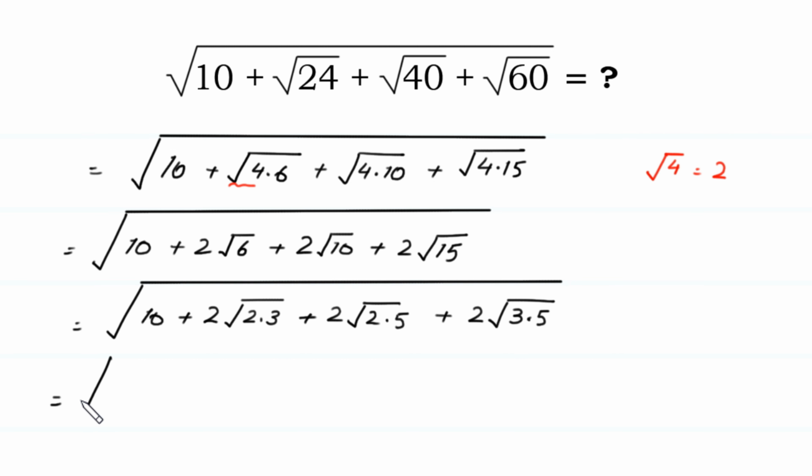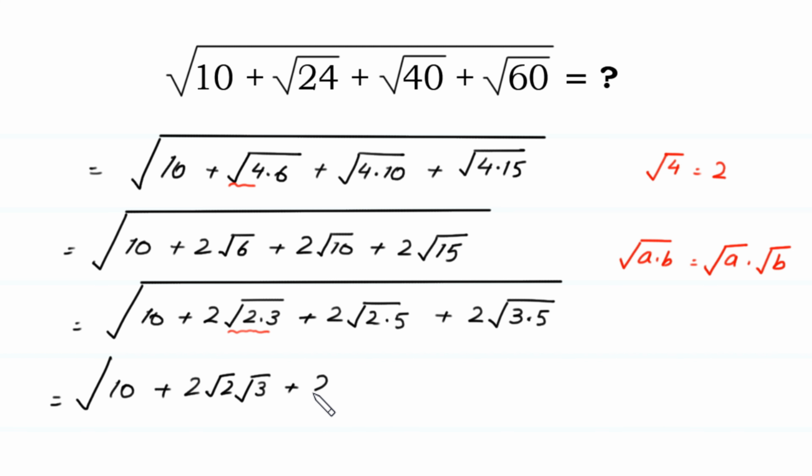Next, square root of 10 plus 2 times, according to this property of exponents, square root of a times b is equal to square root of a times square root of b. We can write this square root of 2 times 3 as square root of 2 times square root of 3